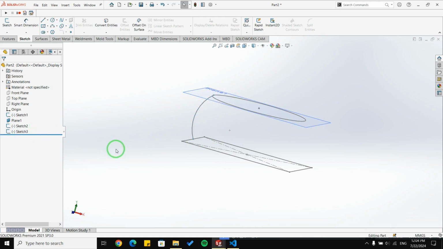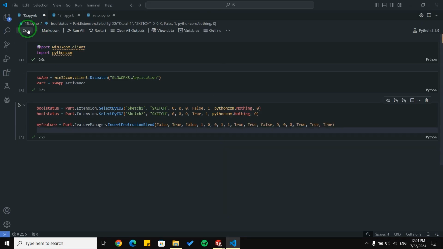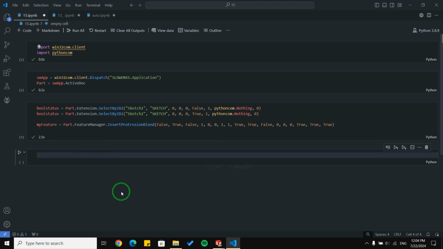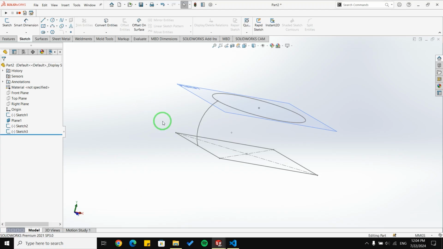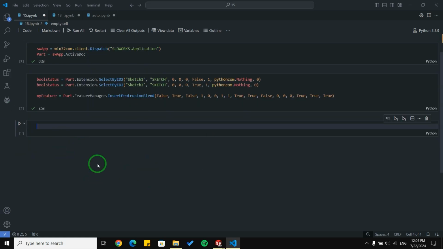So I'm going to go back to Visual Studio and create a new block, and here I can write a code to create a loft with a guiding curve. I'm going to write the code here and then explain it.